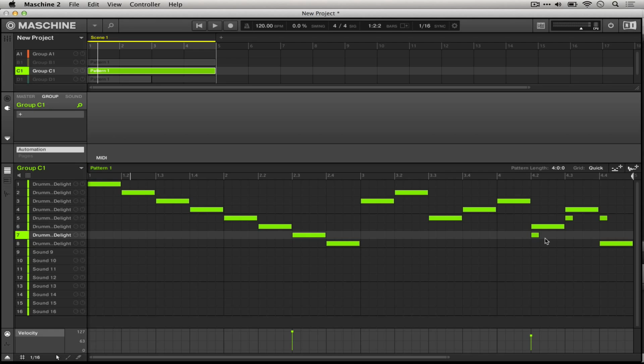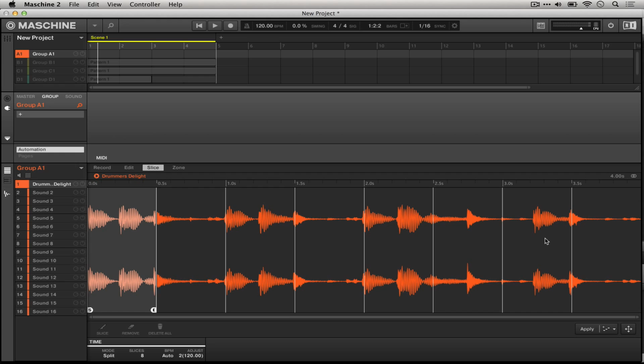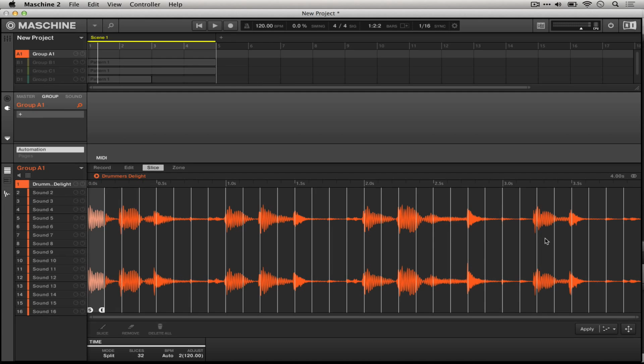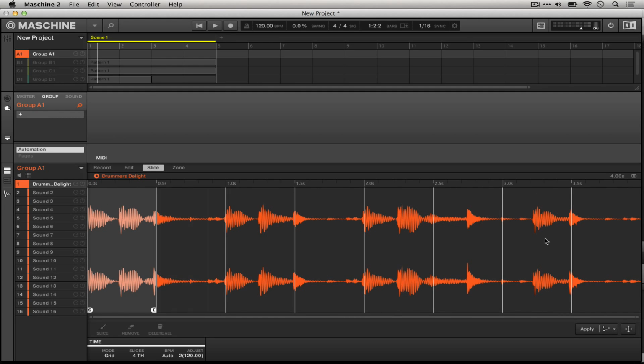So the split method works really well, but there's another very good option. After the split mode, there is a grid mode, which may or may not make a difference in terms of the slices that you get, but are essentially just based on a different metaphor. In the split mode, it's essentially evenly splitting up the entire duration of the sample based on the number of slices that you choose. In the grid mode, it's doing the exact same thing, except it is based on the